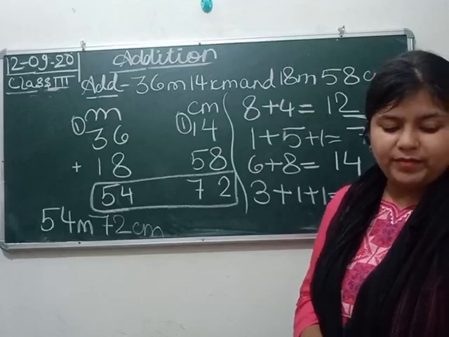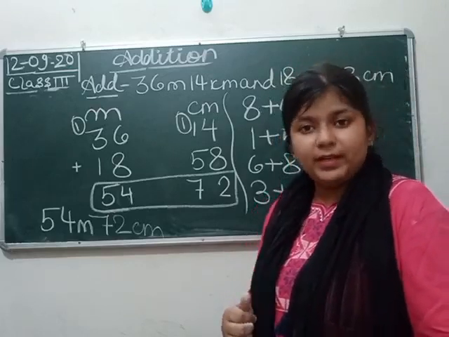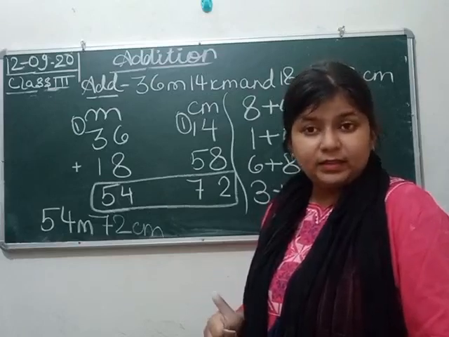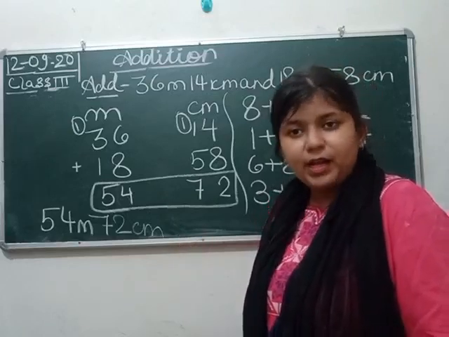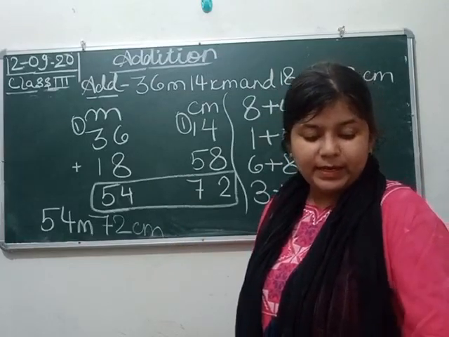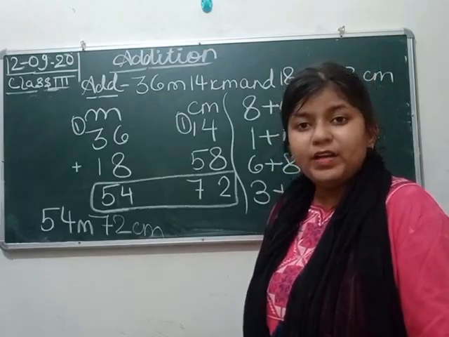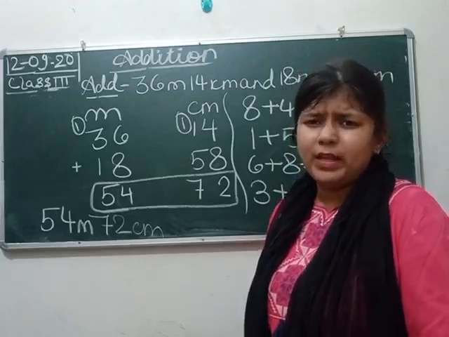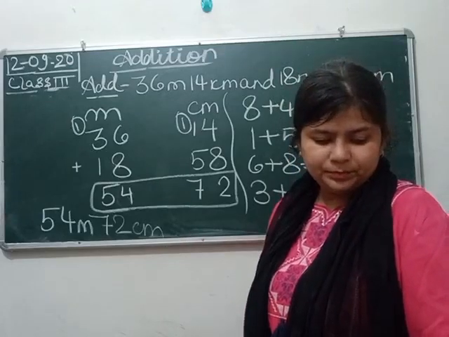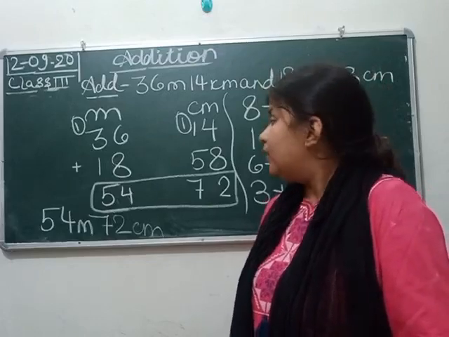Okay, so today what we have done? Today we have done the conversion, meter to centimeter, and meter and centimeter to centimeter. Then we did the addition of length, meter and centimeter. Now what is left to do? Now we have to do the addition of kilometer and meter. Then we will do word problems, lots of things. We will revise lots of things. Although we have covered all those things in the chapter, but still we will do this in our next class.